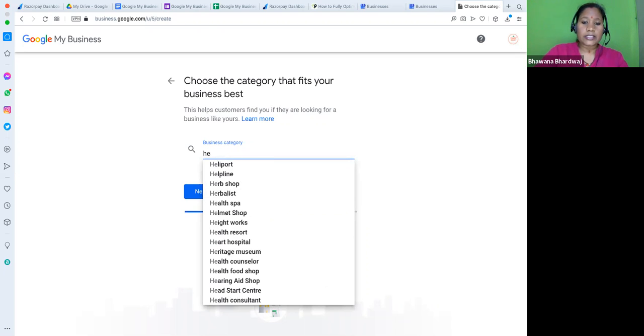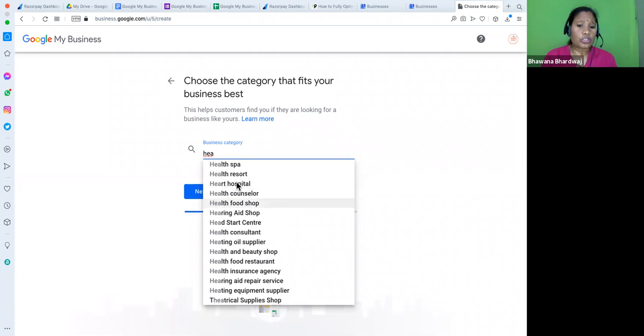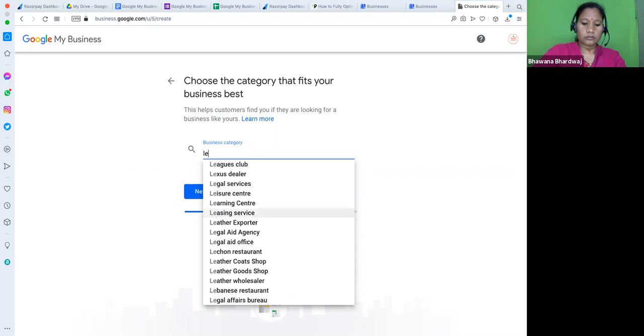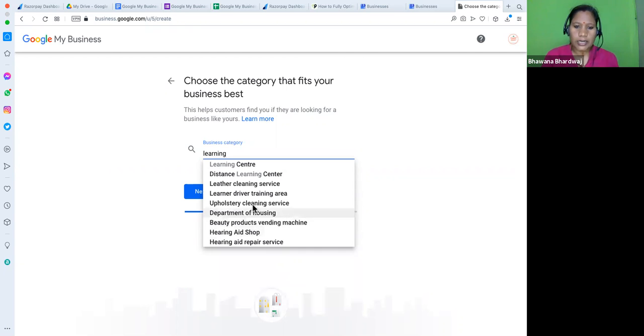If you're providing health services, health spas, like health, whatever, you have to find the closest business category. So right now I'm going for learning center, learning.